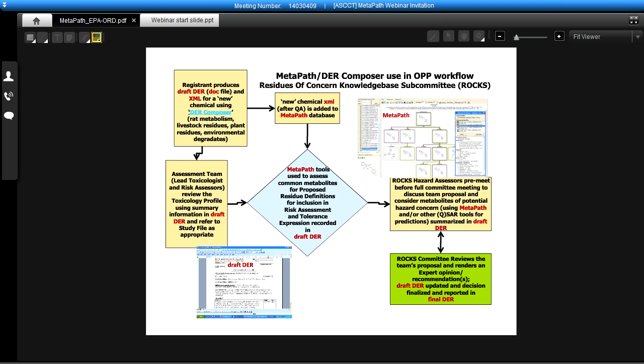This next slide shows a workflow. Basically, within OPP, we worked a lot with the Residue of Concern Knowledge Base Subcommittee, or the ROCS as they call it, which is a committee that helps in the assessment of this data within the OPP risk assessment. So as data comes in, hopefully someday directly from the registrant as the XML through a DER Composer. But at this time, the contractors are using the composer and developing. Then they capture the data as an